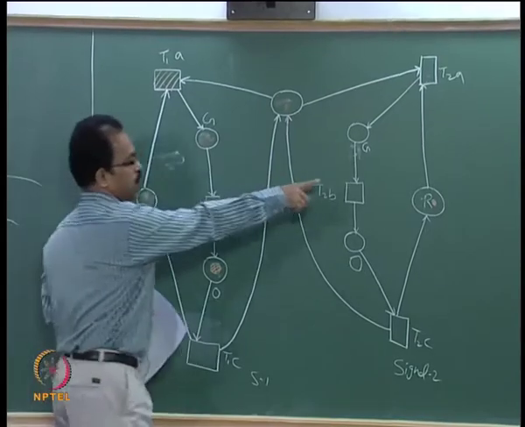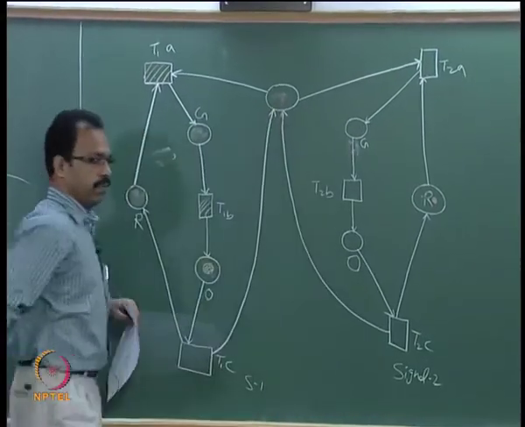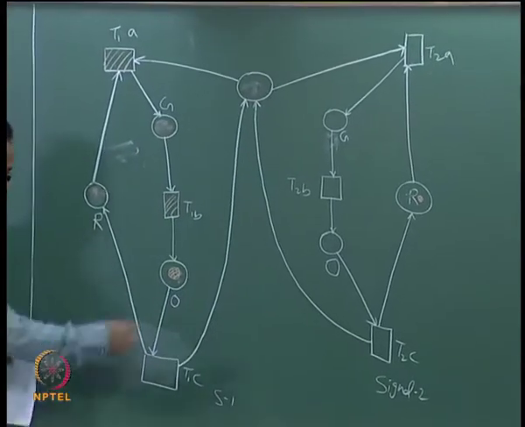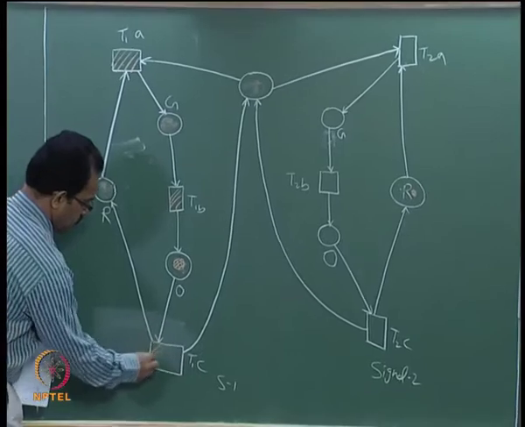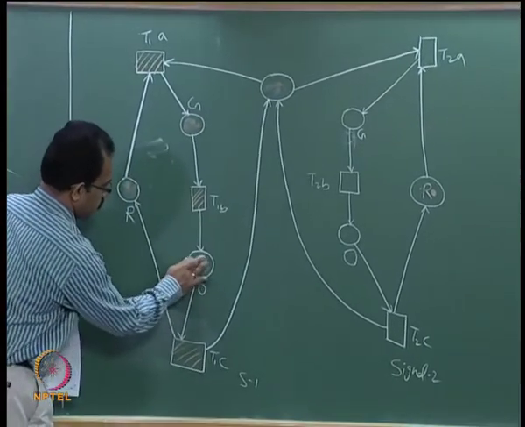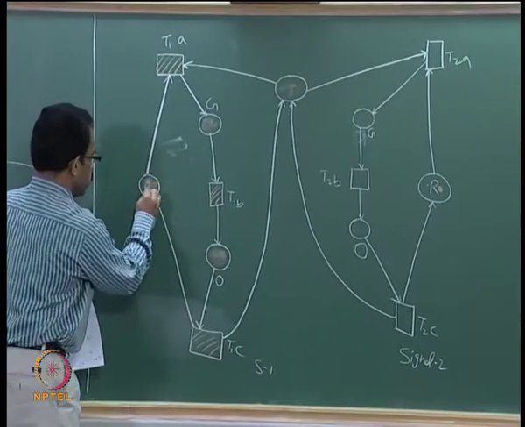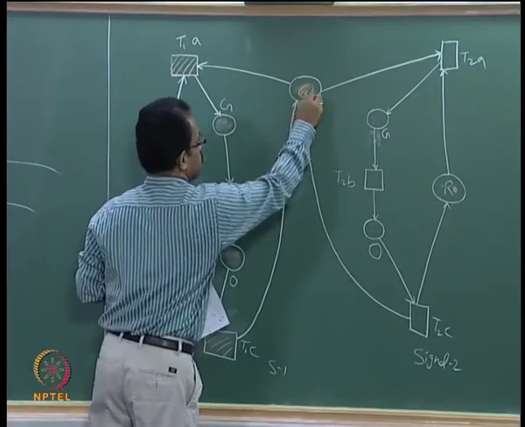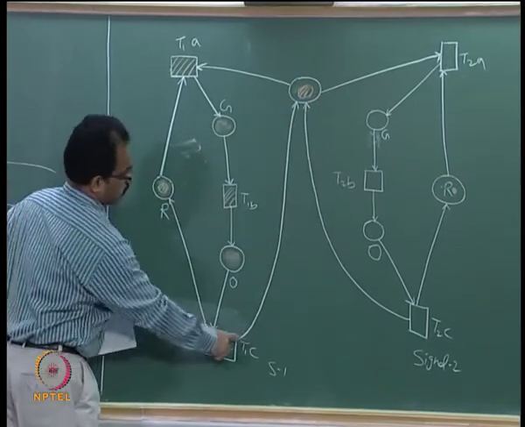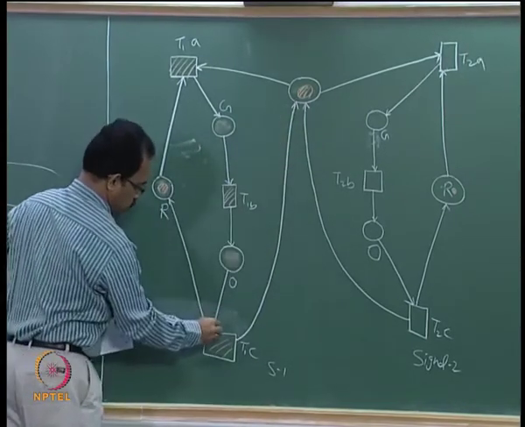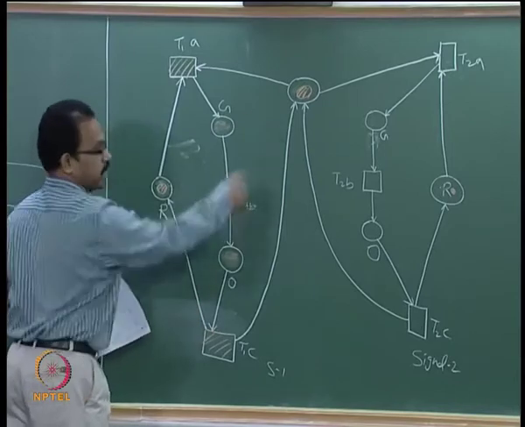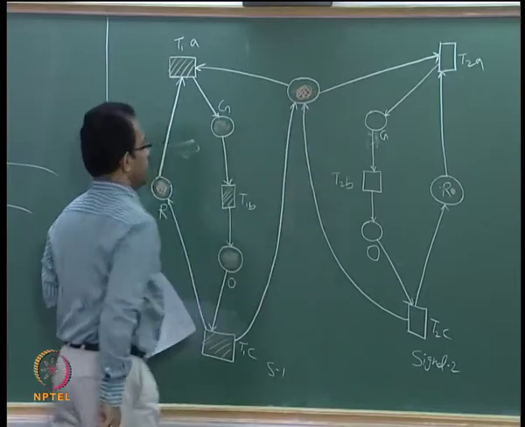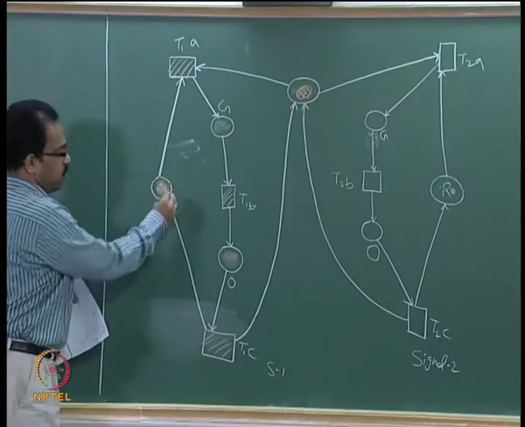Still it cannot change to red green because there is no token available here, and there will be a token available only when we have the next transition. So when we activate this transition now, then this token will be moved to here as well as to this place, because now this transition is connected as an output to here. So whenever there is an input coming to this, both these places will be getting a token. Now this has got a token, so the token is there and this signal is red.